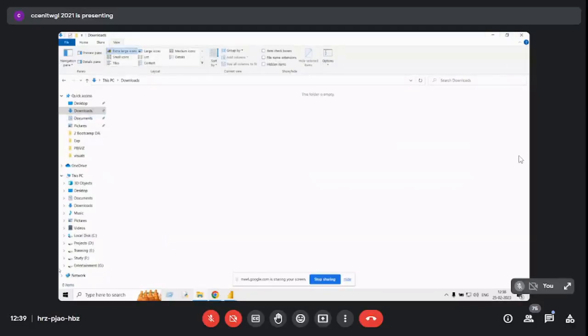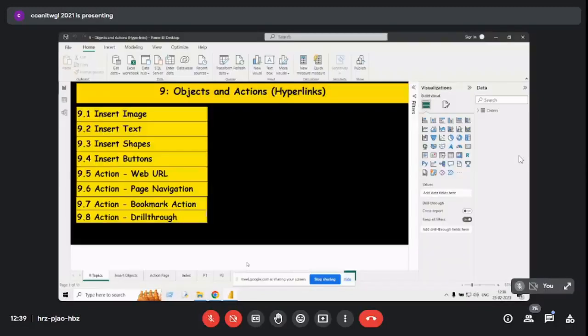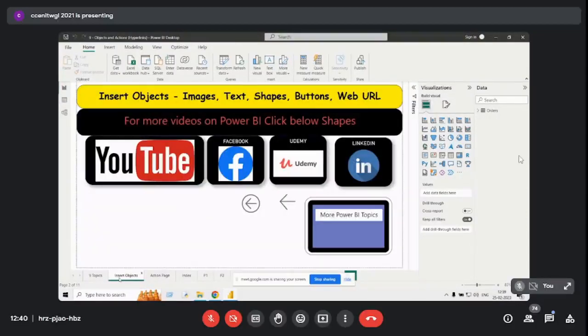Now let's go back to our class. This is another thing, objects and actions. Here we'll be talking about how to insert images, how to insert text, shapes, buttons, or maybe some web URL, and how to take actions, how to make bookmarks and drill through. The first thing we'll talk about is called